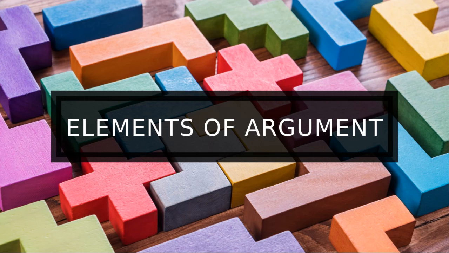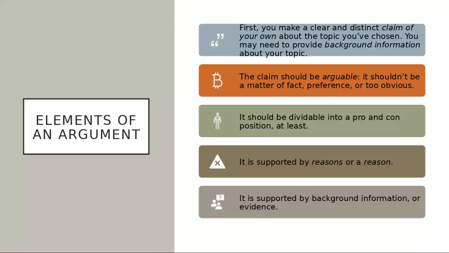All right, so the first thing you need to do if you're presenting an argument of your own is you need to make a clear and distinct claim of your own about the topic that you've chosen. So in order to do that, you might need to provide some background information. You might do a little bit of synthesizing, just like you did in your synthesis paper. You'll present background information about your topic, and you will explain what your sources say about your topic and explain the differences involved, the ideas involved. And then you'll present your own idea that's distinct from, but in response to your sources on that same topic,